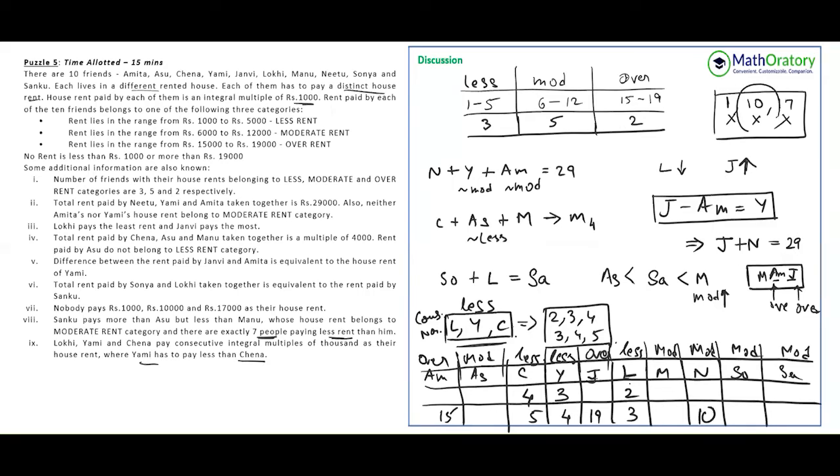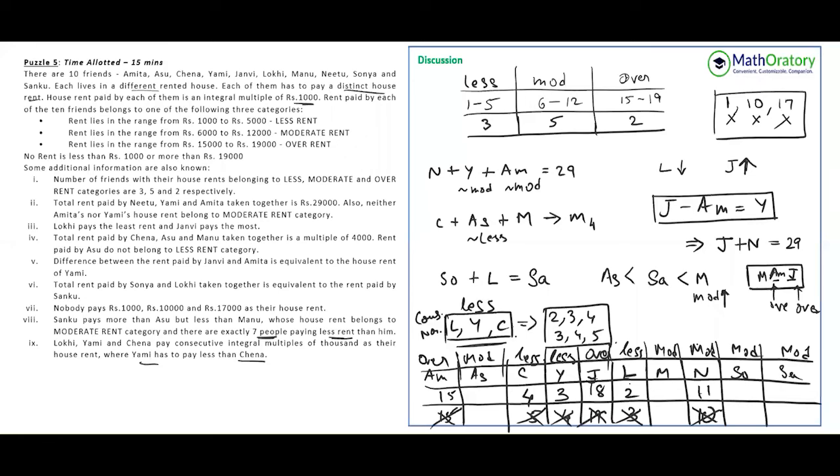If you remember this, that is not feasible. So this case is out. So this case itself is gone. Now we are down to Y is equal to 3. So if Y is 3, J and M has a difference of 3. But if J is 19, then we'll have the same problem. N will become 10, right? So this J has to be 18 and AM has to be 15. In which case, because J plus N is 29, so N is 11. So this part is done.